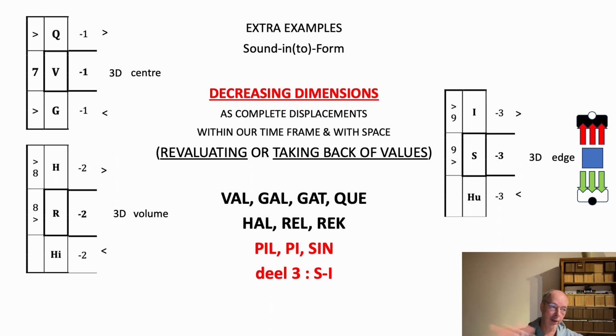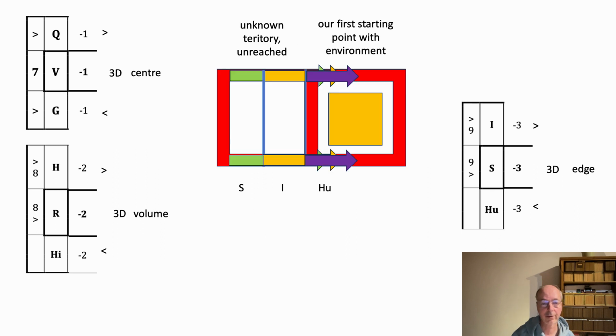So it's the outer edges that we can have. We will put them into our own limits and our own environment. That's basically what you have. I didn't make it easy for myself here. I took the words PIL, which is PIL, P, which is used in English as well, and sin, which is an English word. So, okay, not much translation here. Let's see where it will get us.